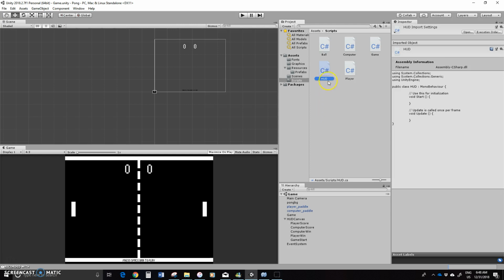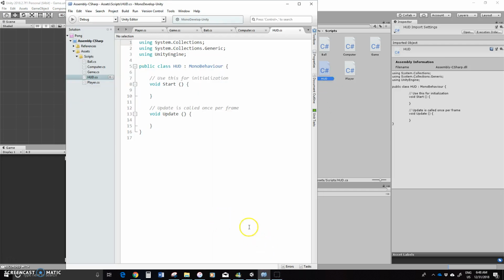So again, it's just sort of keeping things separate, a little bit different than we've done before here, but there's always these different techniques. So I'm just going to open up the HUD, which really stands for Heads Up Display. And I'm going to get rid of everything. And so for each one here, we're simply going to set public. Oh, actually, before I do that,